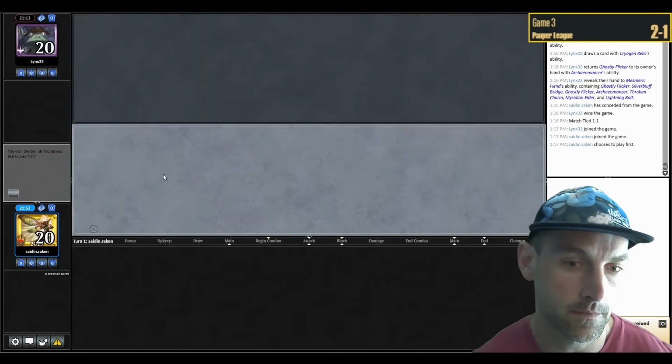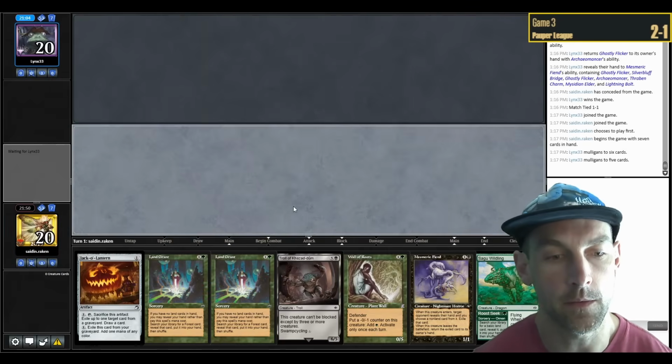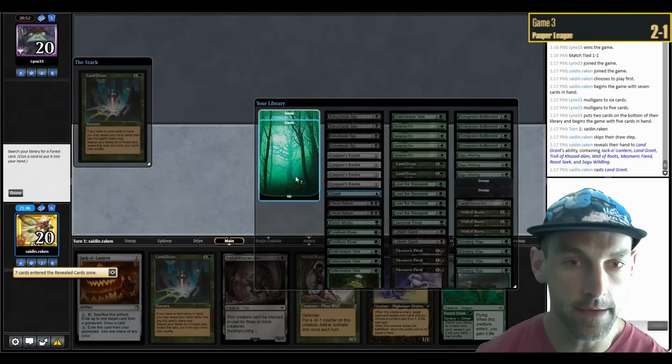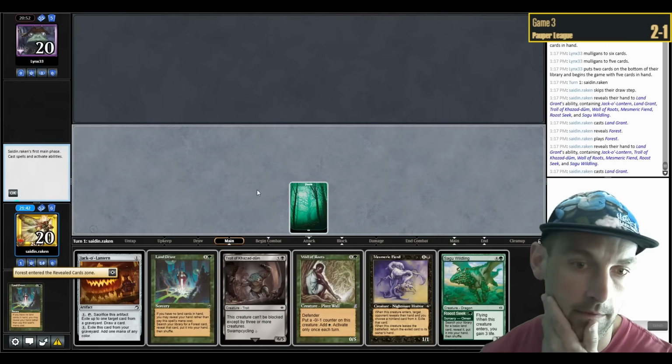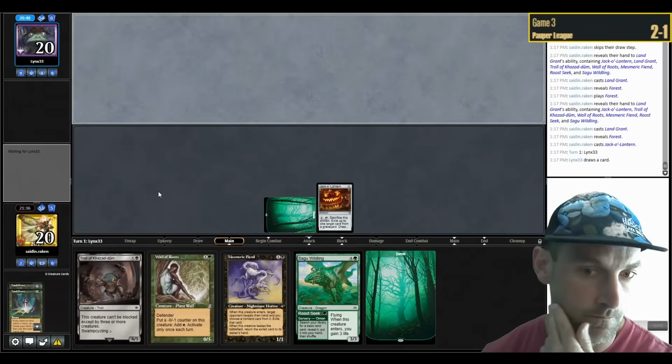Okay, here we go. Keep. We'll go Land Grant Forest. Put it most to 5. We will reveal our hand. Grab a forest. Play the forest. Reveal our hand again. Grab a forest. Play the Jack-o'-lantern. I probably should have